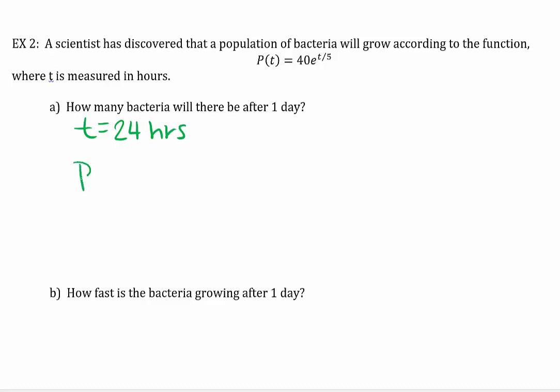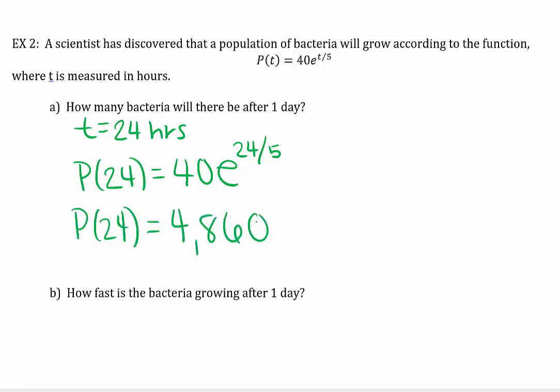And so if I want to figure out what the population is, I just have to plug 24 in for t. So I'll be computing 40 e to the 24 divided by 5. Now this is something that I'll have to put into my calculator. When I put this into my calculator, rounded to the nearest whole number, I got